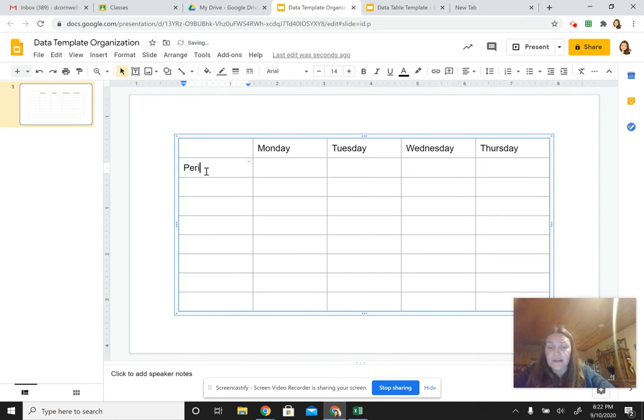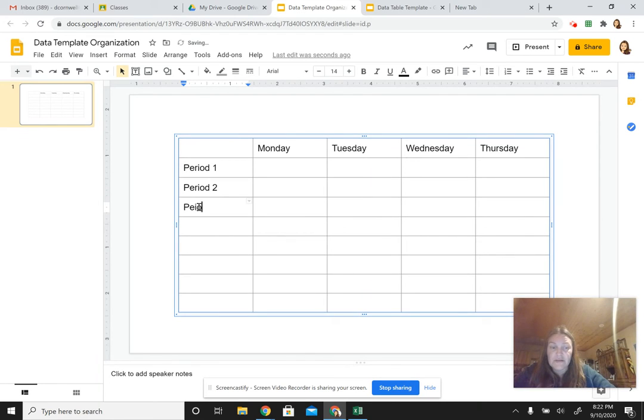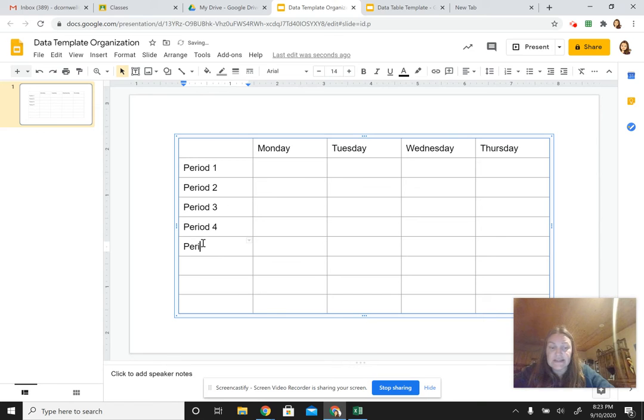I'm just going to put period 1, period 2, period 3, oops, period 4. You would put your real classes in here. You could modify this. I'll post this so you can modify it if you want to. You can change it to your actual classes. Period 6, period 7,